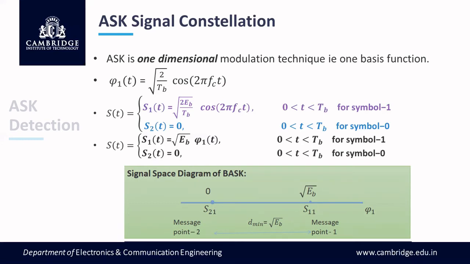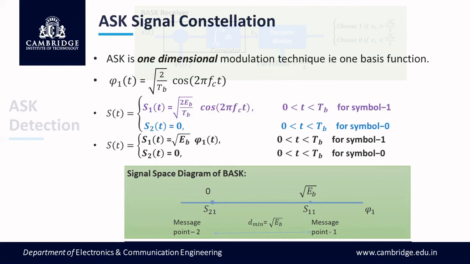The two signals can be represented as points in signal space, and after being transmitted through the communication channel, the signal reaches the receiver with noise, AWGN, additive white Gaussian noise. This signal space representation gives us very useful information in some design problems in detecting the ASK symbols, in designing the transmitter and receiver. Because we shall look into that aspect also.